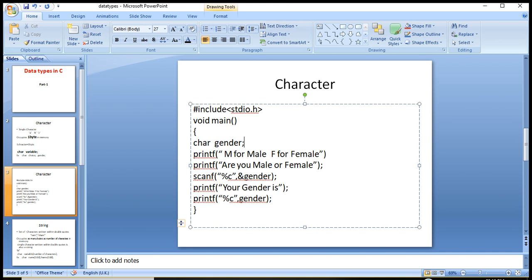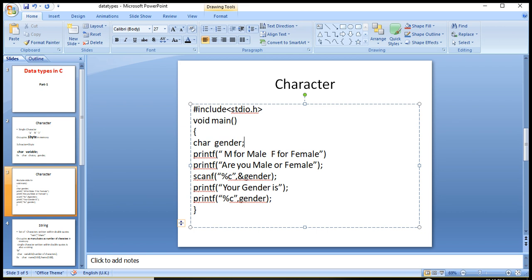Now if we want to show any message on screen, we use the printf function. I have given a simple message, M for male and F for female. This line will show the same message on screen, M for male, F for female.